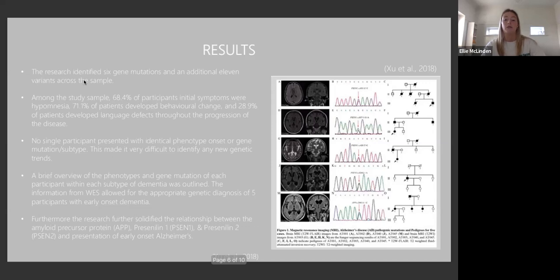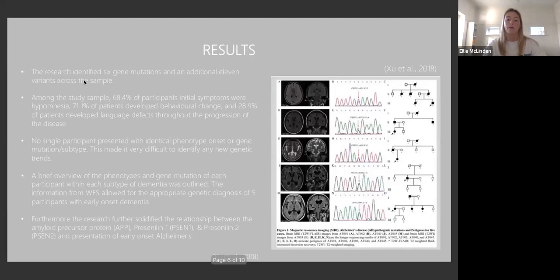This made it very difficult to identify any new genetic trends. A brief overview of the phenotypes and gene mutation of each participant within each subtype of dementia was outlined. The information from WES allowed for the appropriate genetic diagnosis of 5 participants with early onset dementia. Furthermore, the research further solidified the relationship between the amyloid precursor protein, APP, presenilin-1 and presenilin-2, and the presentation of